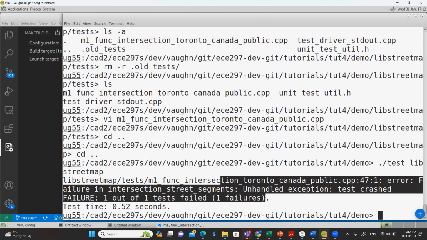VS Code inexplicably doesn't work as well with makefiles as basically every other IDE in existence. So I don't know why that is, but I'm going to try to figure out why it didn't properly rebuild the project. It's somehow using an old version of the code or an old executable. So I guess be aware of that. If you've changed the code and you don't know why it hasn't rebuilt, go up to the command line, rebuild it, run it there, and that'll confirm this is what the latest code does. Does that make sense?